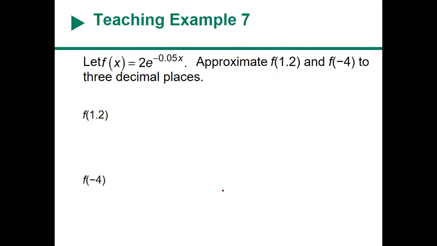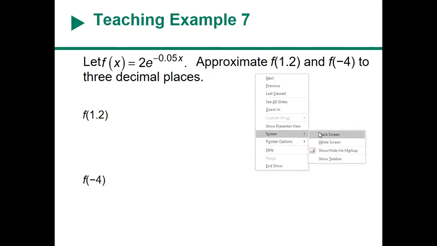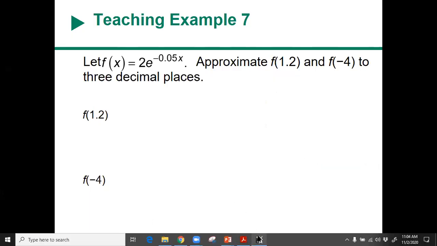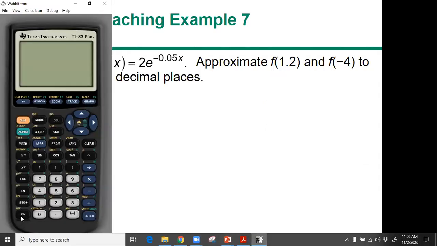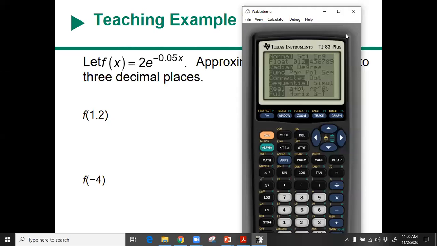All right. Next, we're going to talk about approximating using the calculator and just kind of making sure you're comfortable finding the mode to help you with your rounding. So notice here it says 3 decimal places. So with the calculator, you want to make sure that if you're not strong at rounding, you see this button right here that says mode. You want to take it from float to whatever it's asking you to round to. So if it's asking me to round to 3, I'm going to turn on 3. And this setting will go throughout the whole calculator. So it will be the setting for your table, the setting for